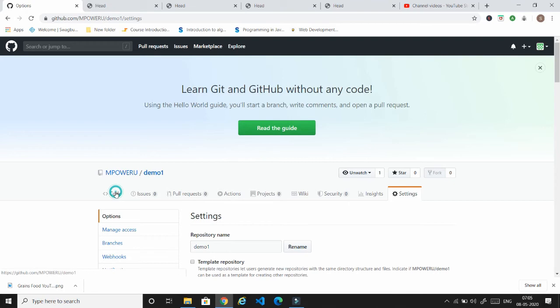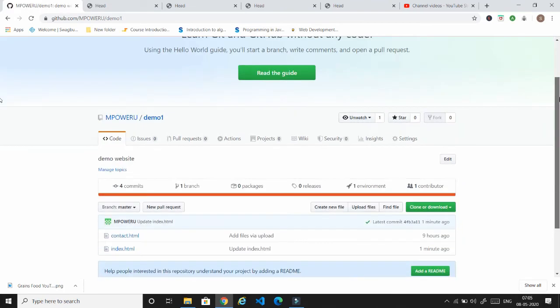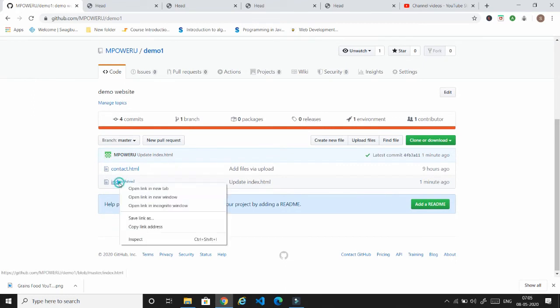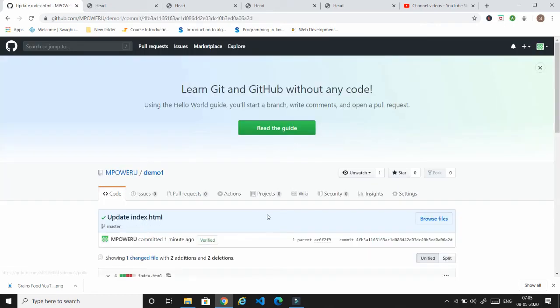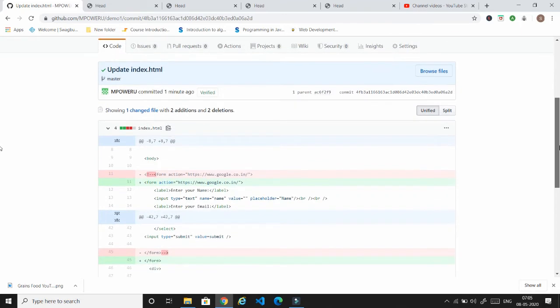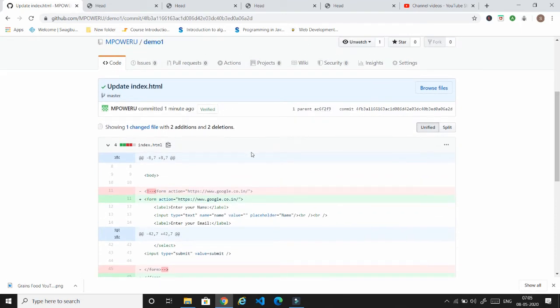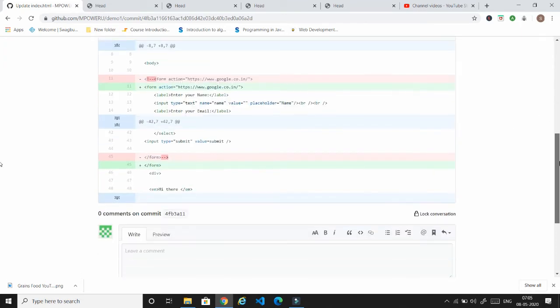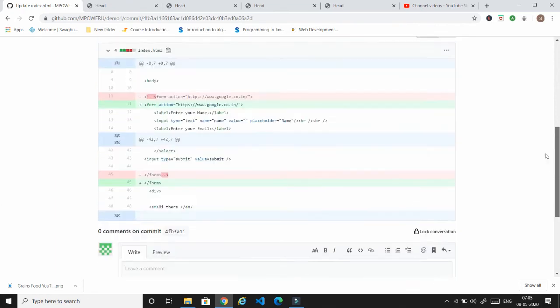And now I want to show you something. You can see the changes here. Whichever changes I have made, I have removed those comments, so it is showing that I have removed this comment.